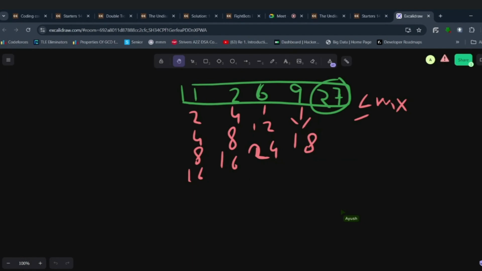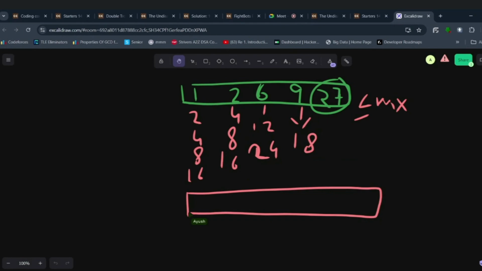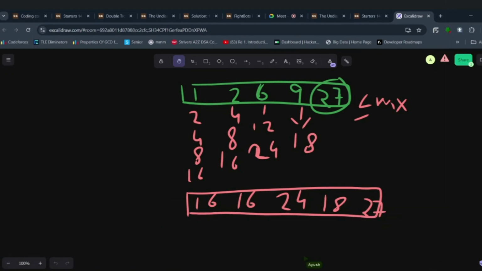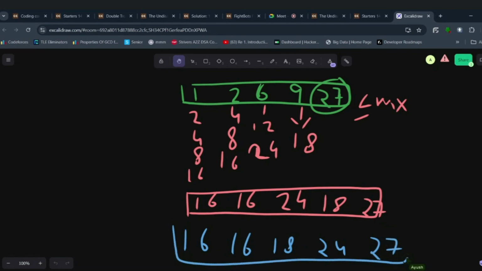Yes. And okay. So what my final array becomes after doing these operations is 16, 16, 24, 18 and 27. If I sort this array, what does it become? It becomes 16, 16, 18, 24 and 27. Now all these elements are sorted and they are nearly equal. What I mean by nearly equal is that